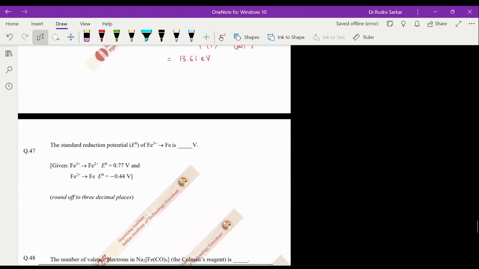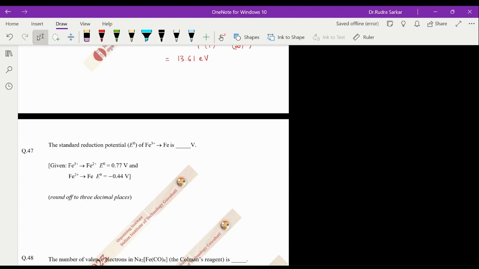So let's solve the next question, question number 47. Standard reduction potential of Fe3+ going to Fe is dash volts. So basically this is going to be Fe3+ plus 3 electrons going to Fe, and we have to find out the E naught value for this particular SRP. And we have been given, Fe3+ plus electron going to Fe2+, E naught equals 0.77 volts,